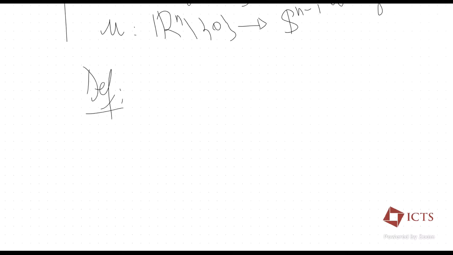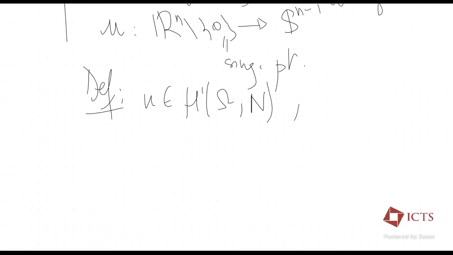Clearly, 0 is a singular point of this map. So how would you define a point in the singular set? You would take a minimizing map u from a domain into S^(n-1), and x naught would be a point in the singular set of u